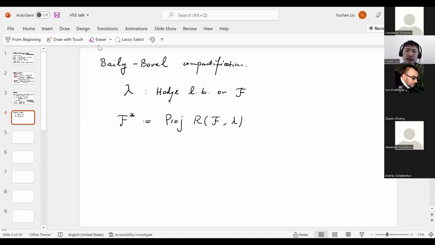So what we know is that the Hodge line bundle is ample on this open part, and this is a classical result. So we have F open inside F star, and then the complement, which is the boundary of this compactification, is very small. This consists of